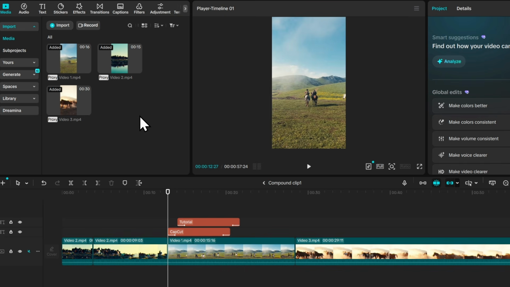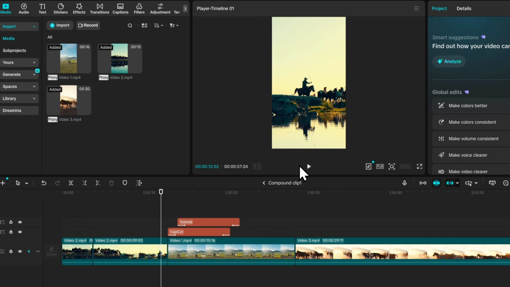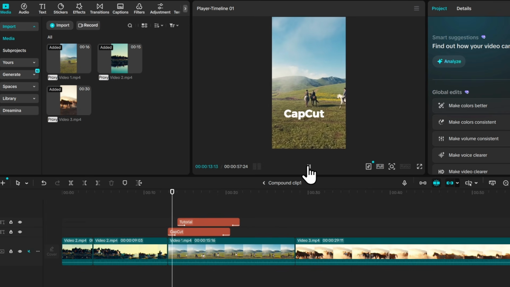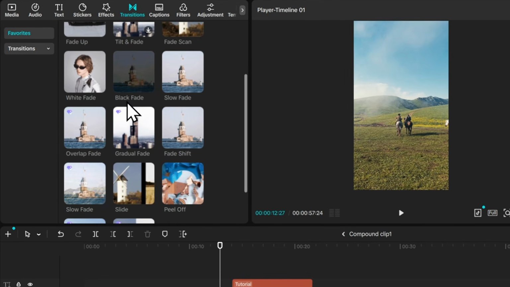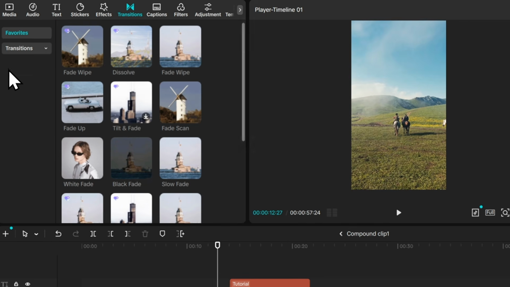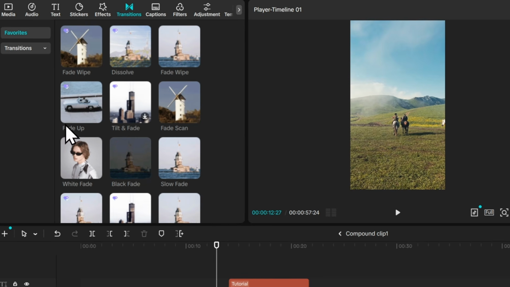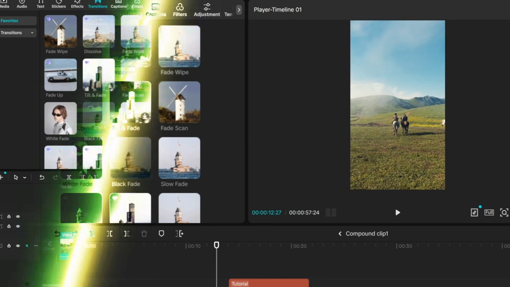Next, let's add transitions between the clips. Right now, the video switches from one clip to the next quite abruptly. To make the transition smoother, click the transition icon located between the two clips. A list of transitions will appear. If you're new to video editing, I recommend using simple transitions, such as fade,